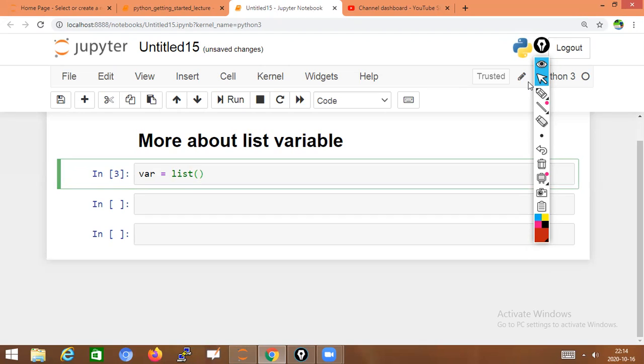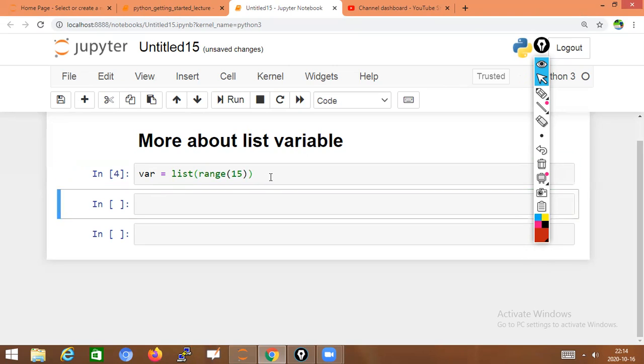Next, in that I'm using one function, range, writing the number 15. The range function generates the numbers 0 to 14. Those numbers 0 to 14 will be put in the form of a list and stored in the variable var. We will execute this with shift enter.